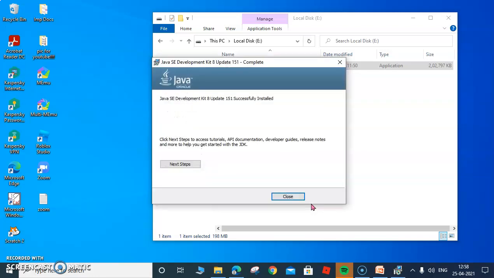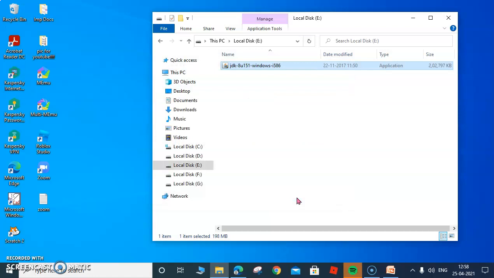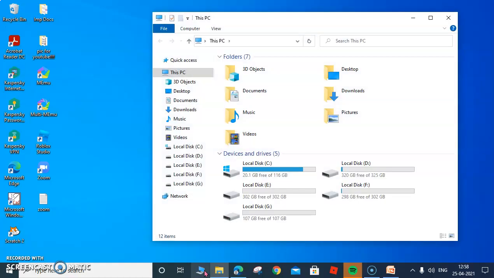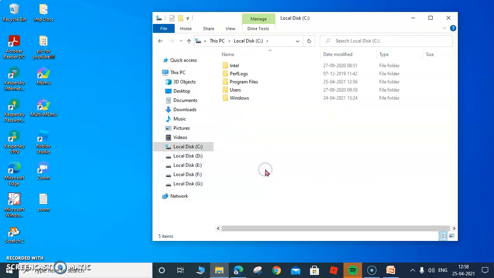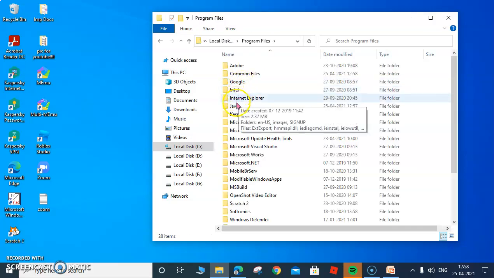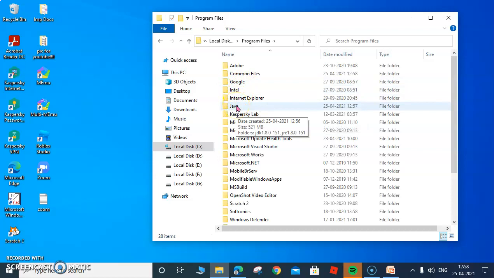Now it is showing us that the JDK has been installed successfully. So what we can do is we can close this window now, and we will go back again to my computer. Okay, and here, as we know, during installation we checked that it was going to program files folder, and then in program file folder you go for a folder called Java. So here it is. Now I'll double click.